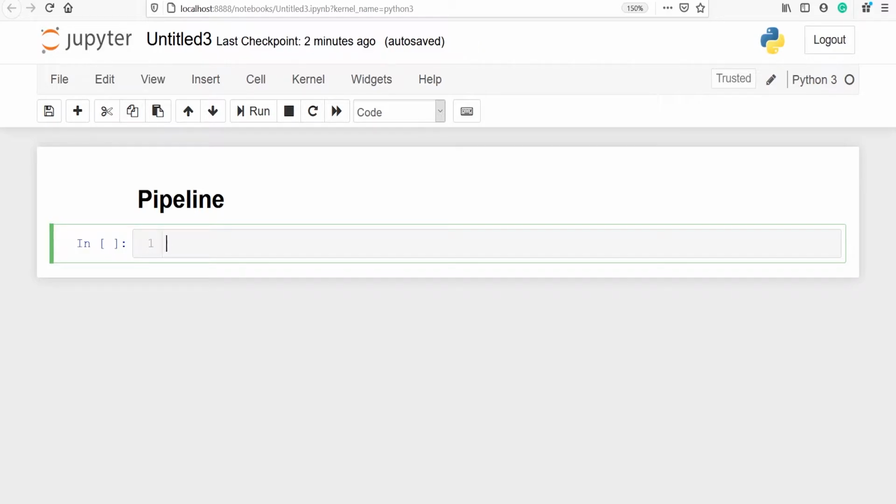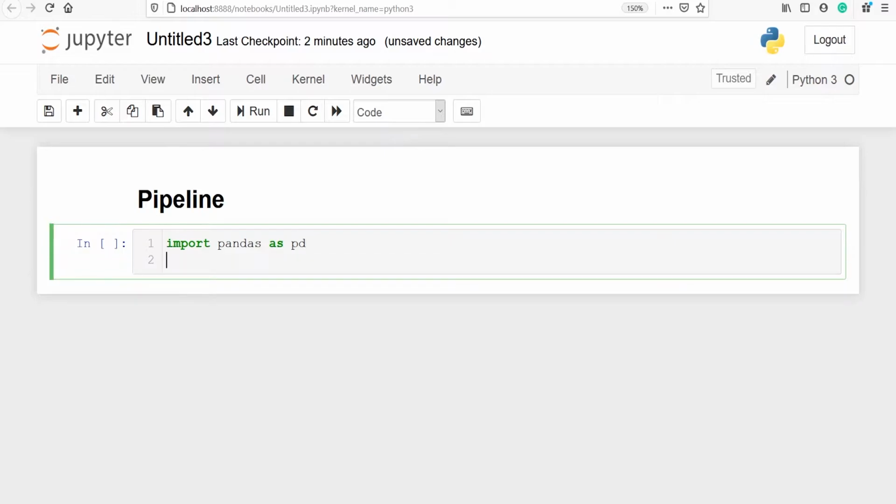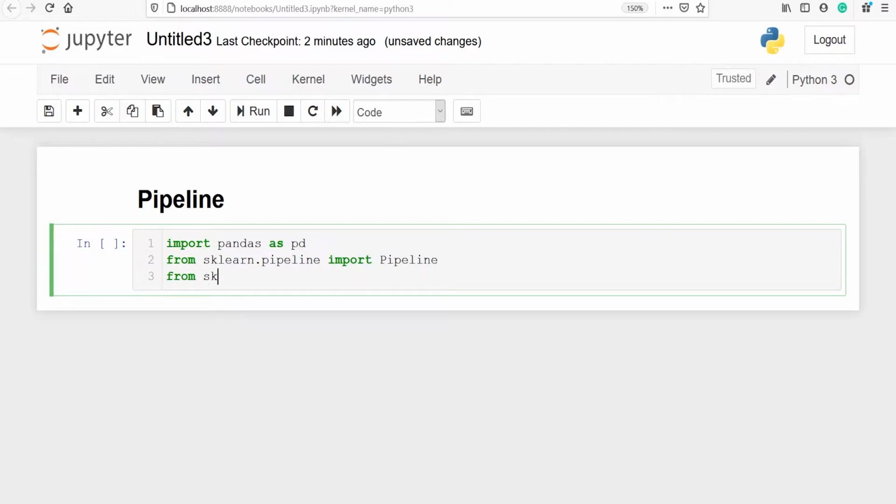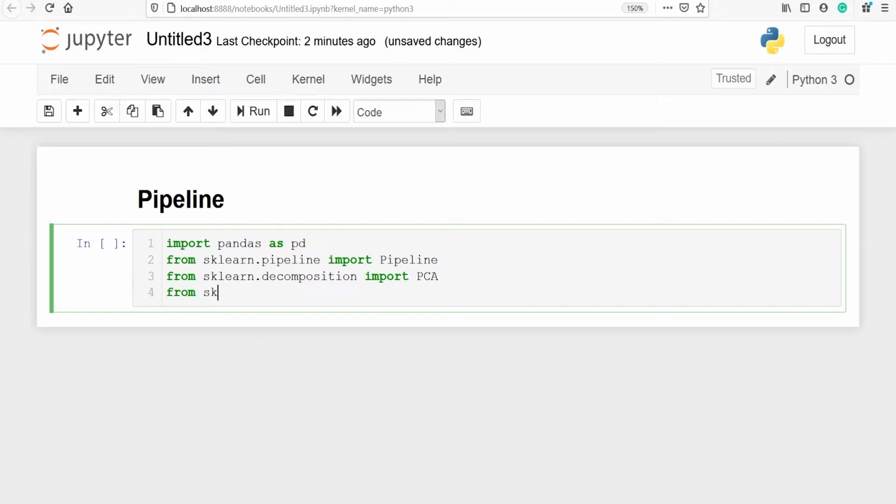We will import some libraries to create a pipeline and develop a machine learning model. Let's import pandas as pd, from sklearn.pipeline import Pipeline, from sklearn.decomposition import PCA, from sklearn.tree import